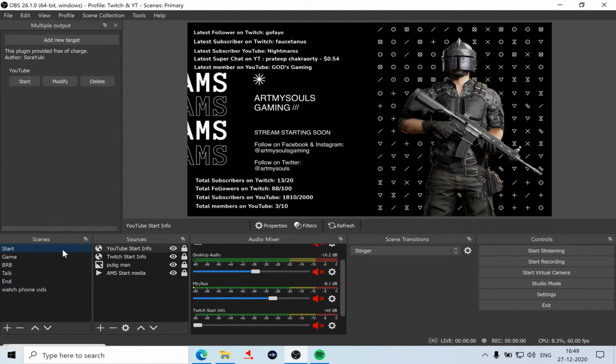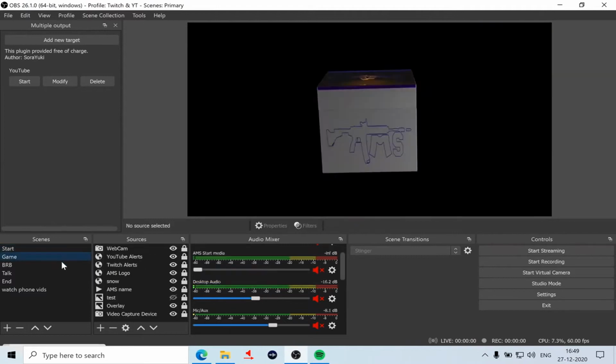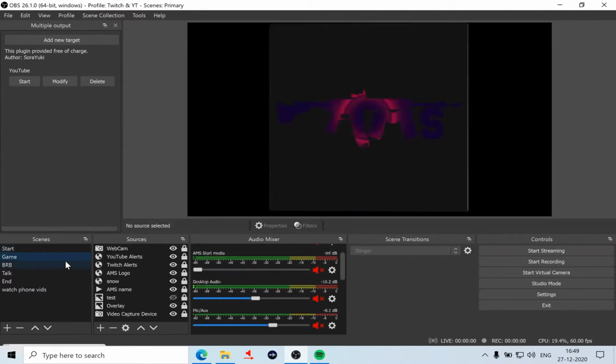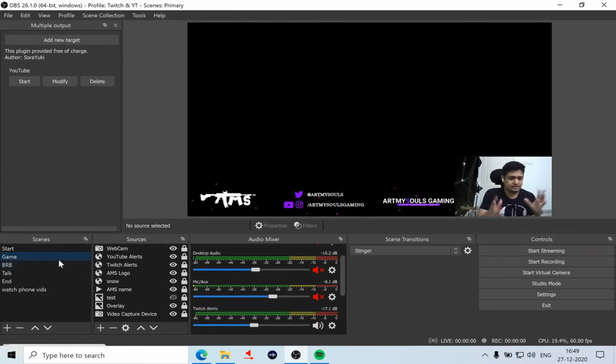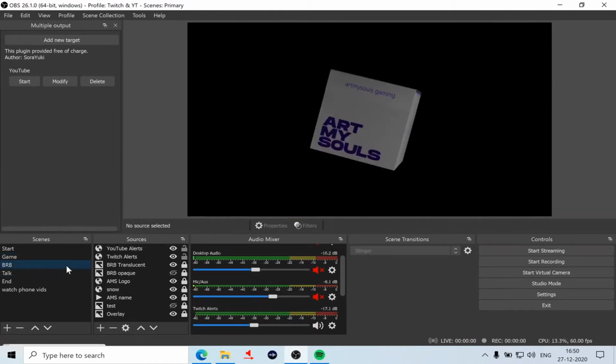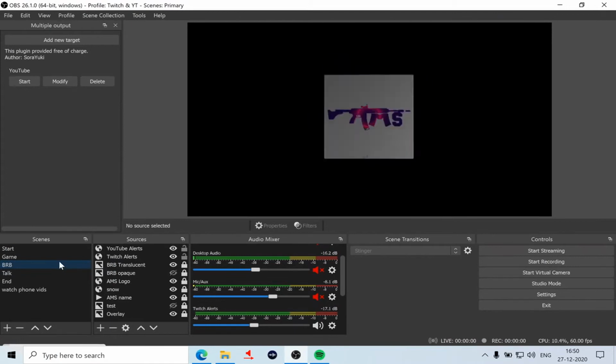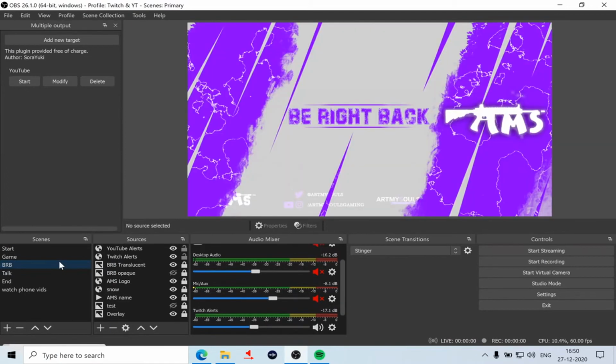The same way you can do multiple options for game. While gaming, this is what you'll see on my screen. I have an option for be right back. Sometimes you do need to take urgent breaks, like if I get a very important call from my family, because it overrides the DND mode. For such scenes, I do need a be right back screen. I have created two options. One is translucent and one is opaque. In the translucent one, you can see the background. You can still see my phone if it is connected to the stream.